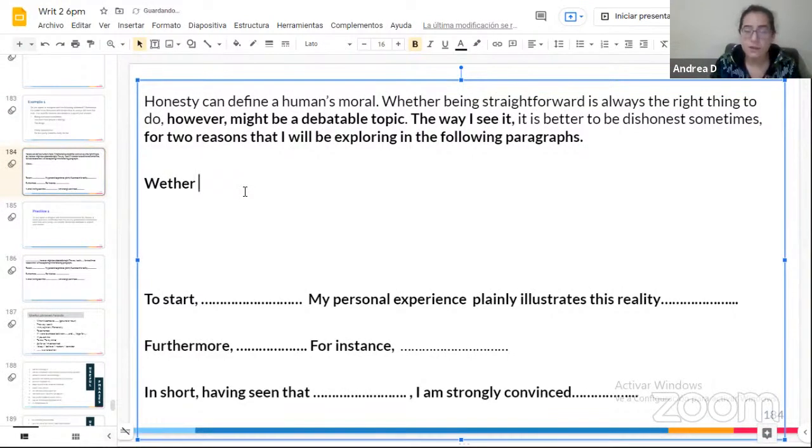So which means if. So if it's better to be dishonest sometimes, might be a debatable topic. So it's something that we're gonna try to answer here, right? So in the same words, it will be whether it's better to be